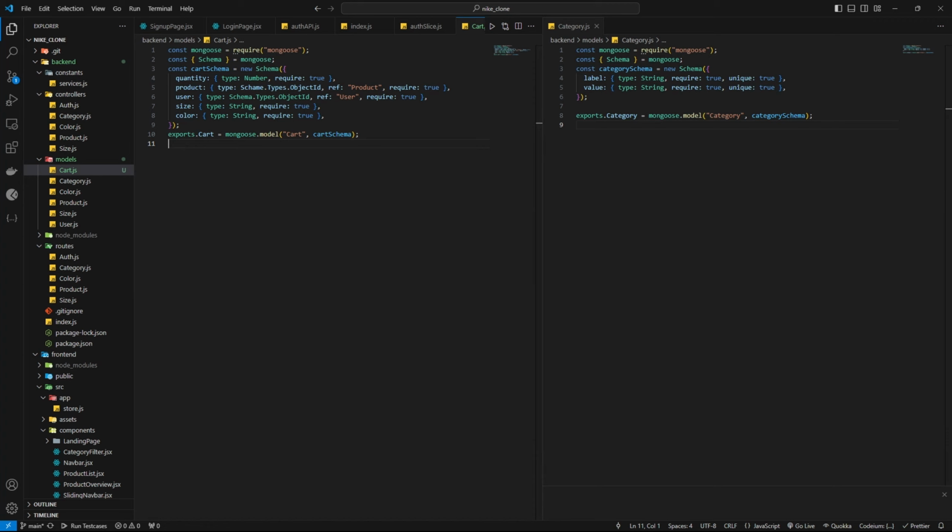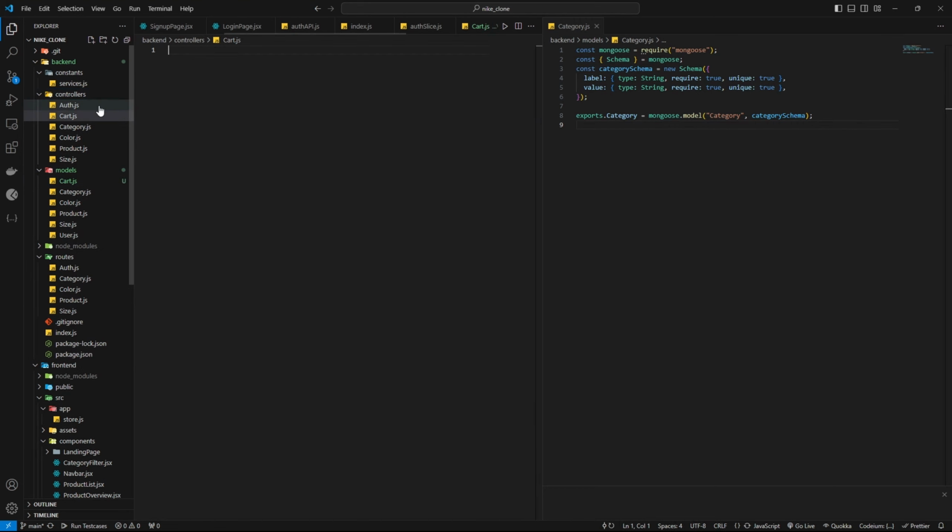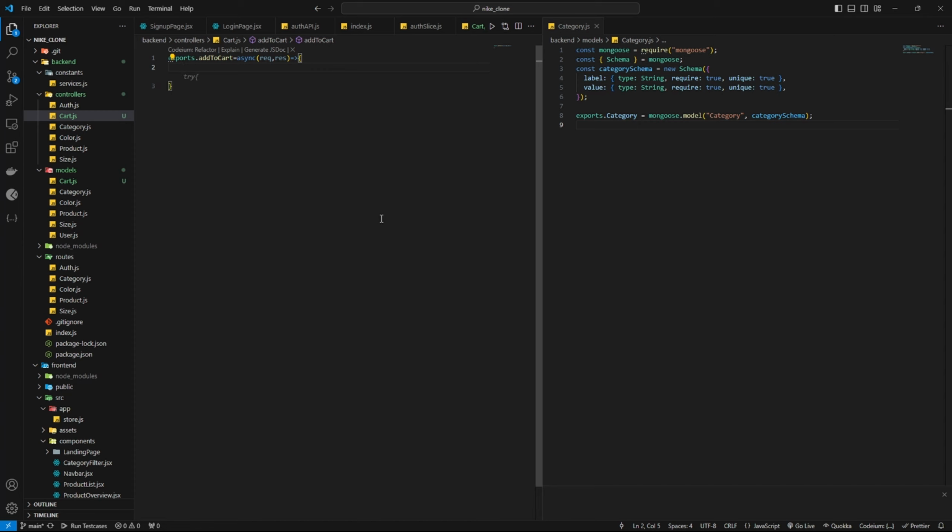Now we are going to make the controller, or you can say the function for adding a product in a cart. So for that, create a new file called cart.js, and then let's make a function. So exports.addToCart. This function will be responsible for adding the product in the cart. So exports.addToCart equal to async request, response, and here we are going to make a try catch block,